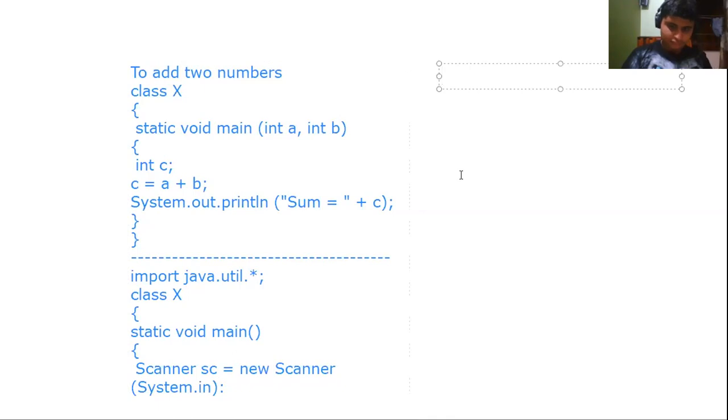Then you will give the prompt, system.out.println, enter the first number.